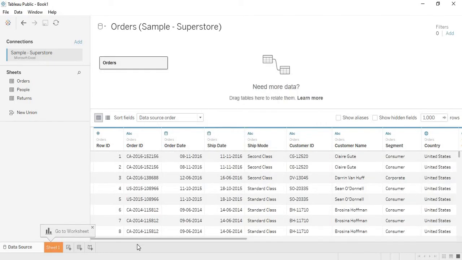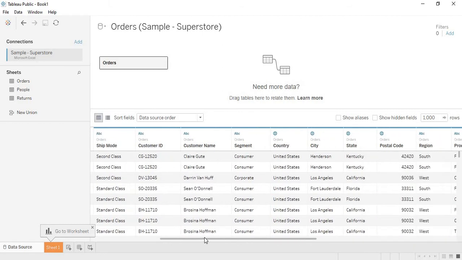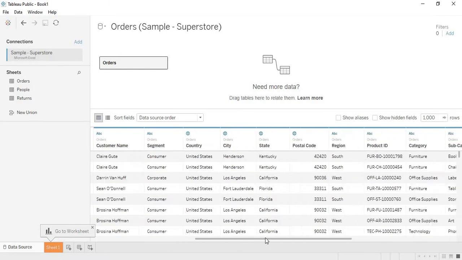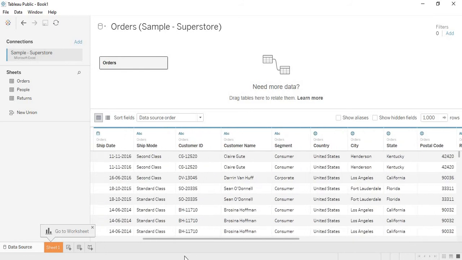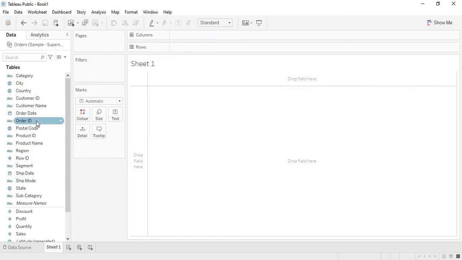Okay, so this data contains some sales details for the regions, segment, country, and city, and has the details of the sales profit for every sale. So now we can go to the sheet. Here my goal is to show, for every region, the average sales, the sum of total sales, and the average profit for every region.